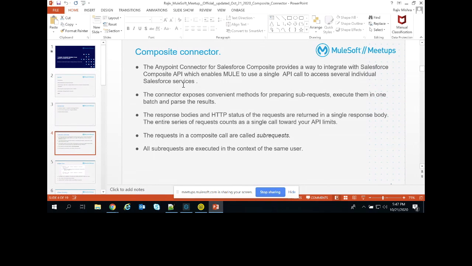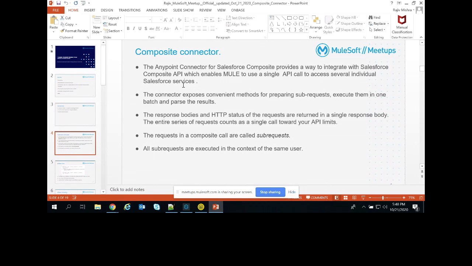Other than that, the connector exposes convenient methods for preparing sub-requests, executing them in one batch, and parsing the results. As I said, we can create sub-requests. Suppose, for example, we have an account that has a dependency with the contact, or we have a policy or quote or whatever object, but the main parent object is the account that has the relationship.